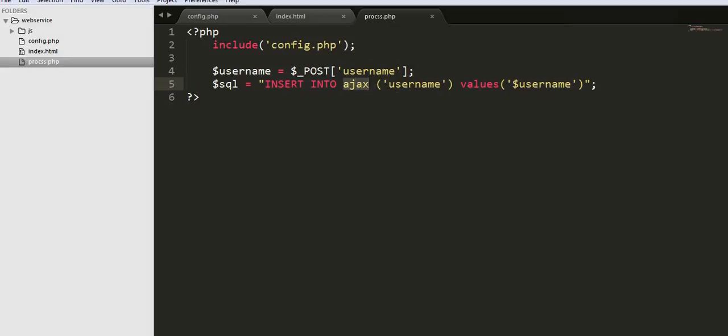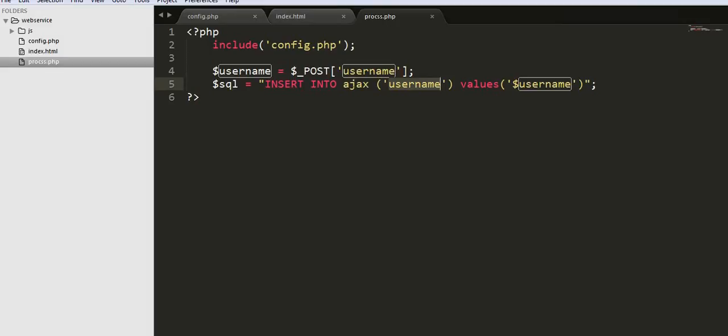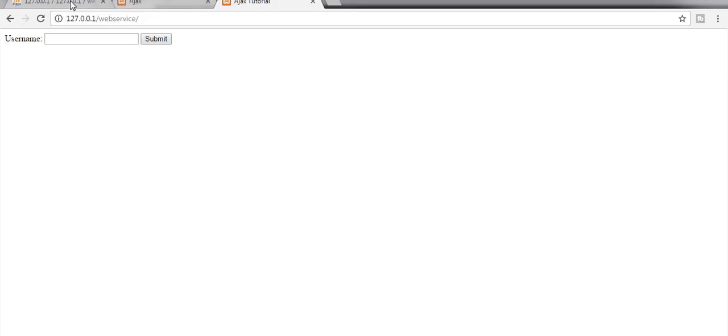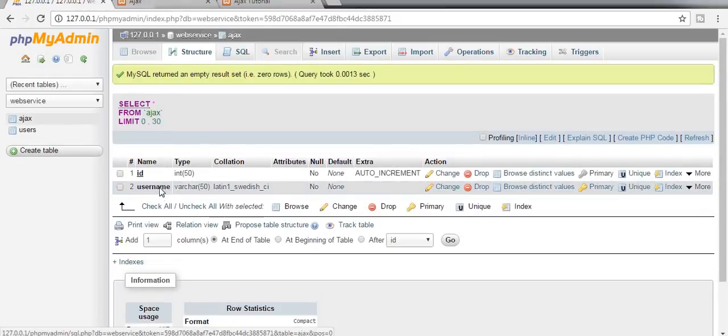this is the table name, and I'm telling I want to place the value, whatever value the user is inserting here, that value will get posted to this file here and received in this variable, and I am passing this variable here, and I am telling to store this value inside a field username of my database here. Okay, you can see inside my table the username field is there. I want to store that value inside my username field,